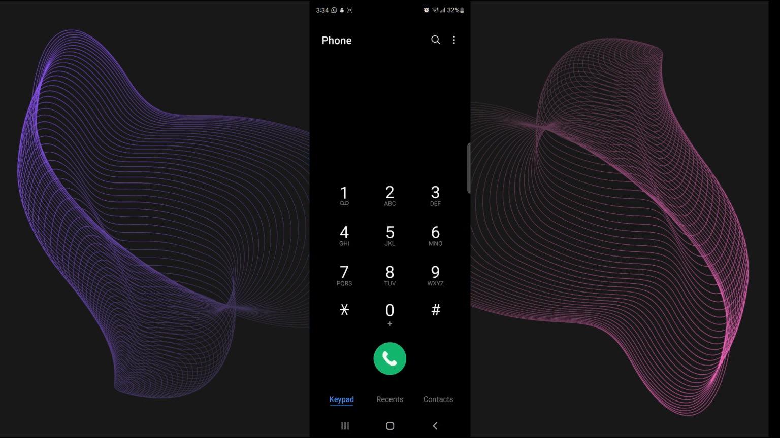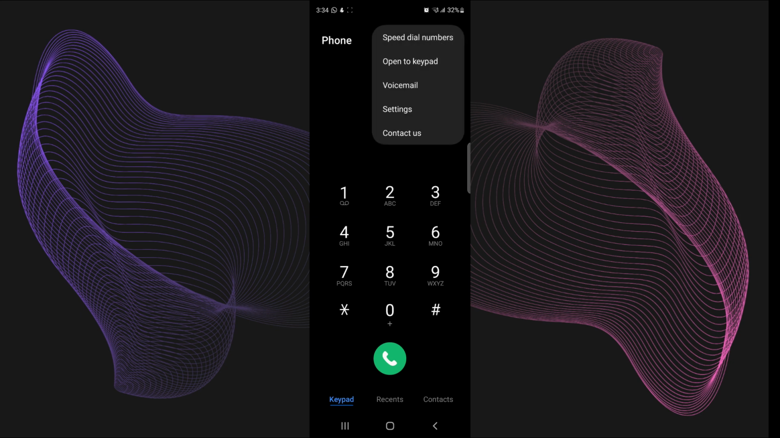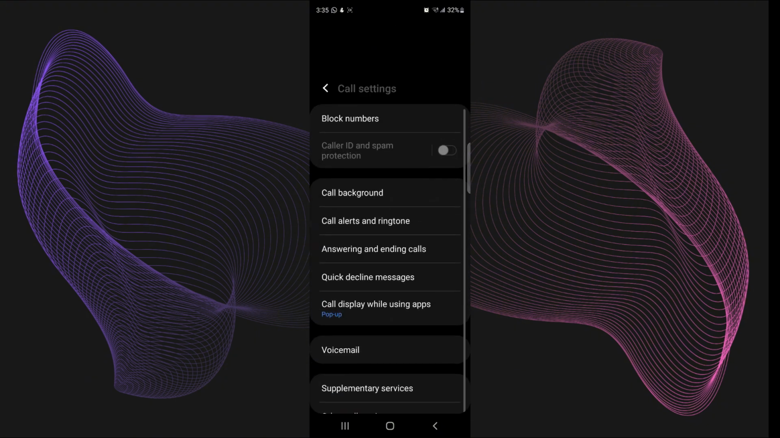First up, you need to go to your phone, and then right over here on your phone settings you'll see this option of three dots just on the top corner. Just simply press on that, and then you just gotta go to settings, and right inside settings you just need